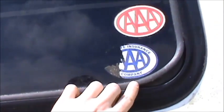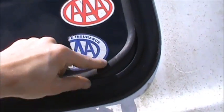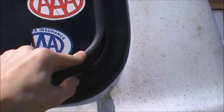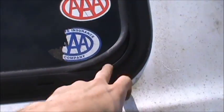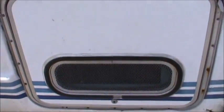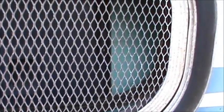The glass is all fine, but you've got a lot of this kind of thing happening with the rubber shrinking. So I'm going to have to look into what it's going to take to fix that, because I suspect that's going to cause water problems. And down here is the generator. I can see in there that the generator is there, which is shocking to me, because